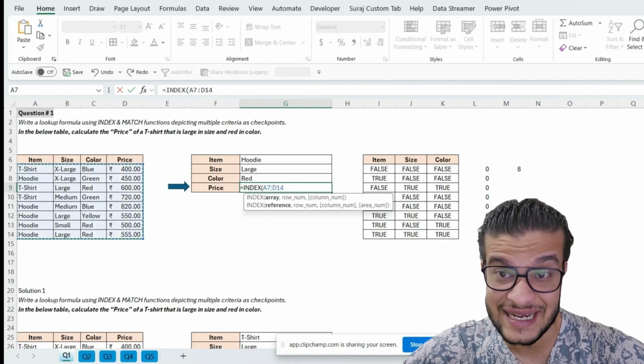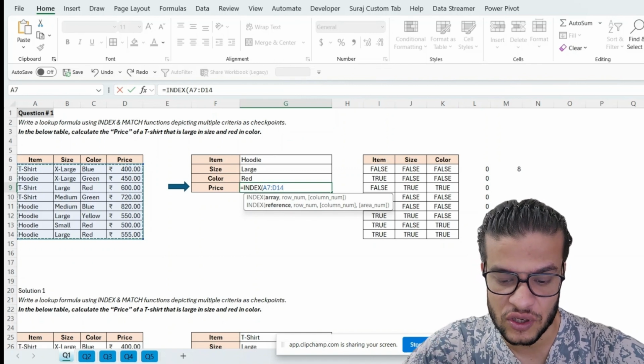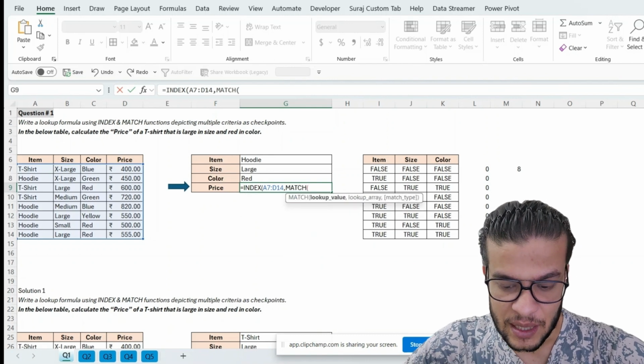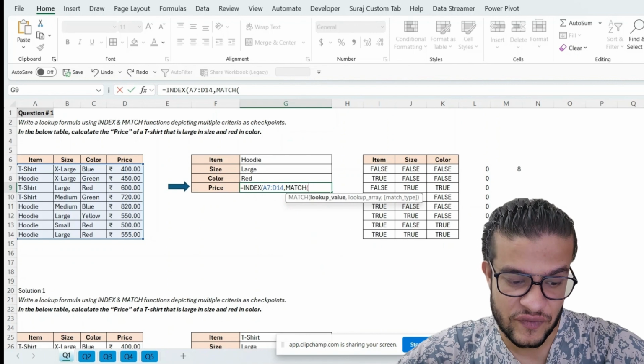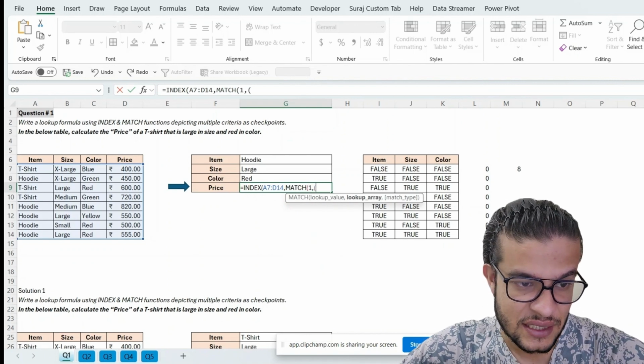So we'll need to fetch the result from the 4th column. So we need to provide the column argument this time. For the row number, I will put MATCH, and my lookup value will be 1 and not in hoodie, large or red. Lookup value will be 1 because I will generate another array, that is first